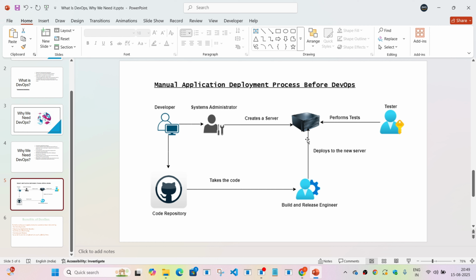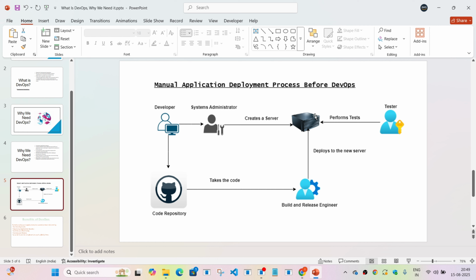And once the application is able to successfully pass the tests, just one more thing: it always starts with a lower environment like a dev environment. So in companies you have a different set of environments. You have dev, stage, UAT, prod, like that. It depends from one company to the other, or one project to the other, what type of environments you have. But in general, you will at least have three environments: dev, QA, and prod. So dev is used to develop the application. QA is used to thoroughly test the application. And then after all the tests have passed, only then the application will be deployed to the production environment.